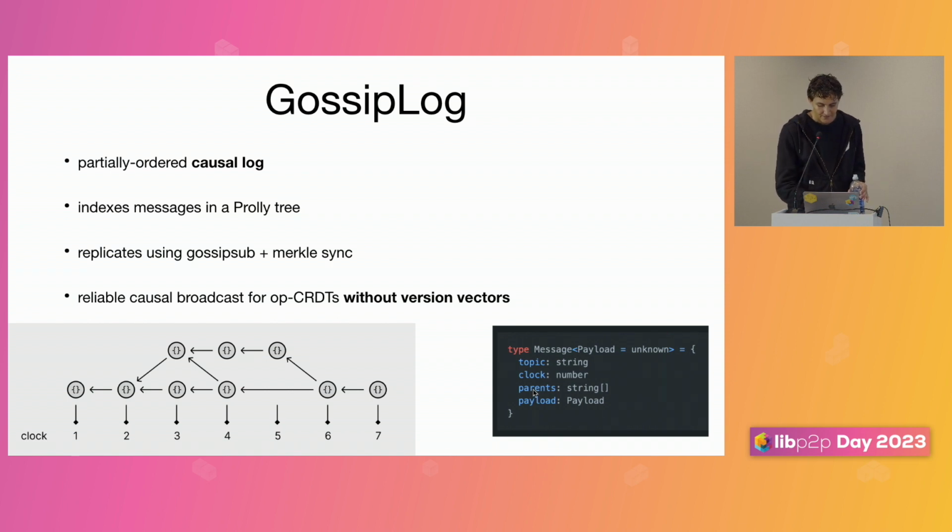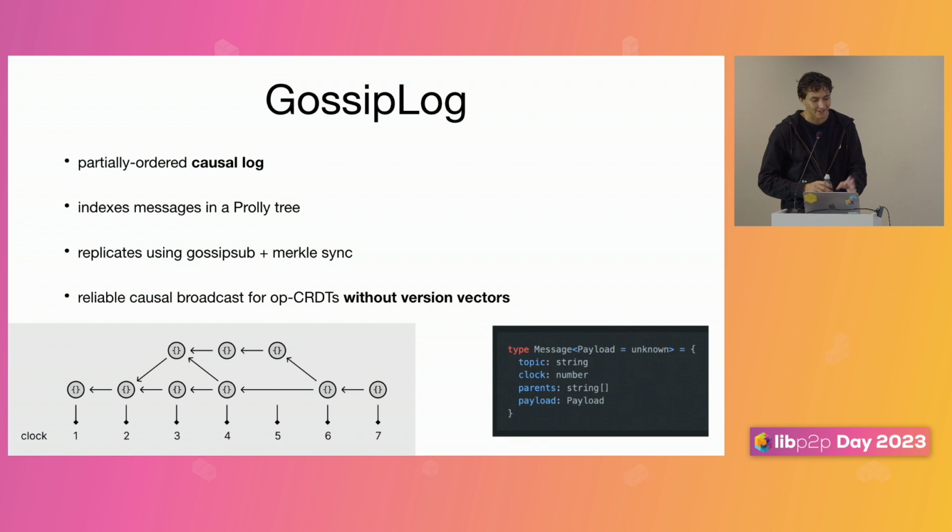Given this structure, we can arrange these messages on a logical clock timeline like this. So the clock value, this logical clock value, is uniquely derived from the graph structure implied by these parent dependencies, right? So the very first message is clock 1. Every subsequent message has an array of parents, and its clock is one more than the max clock of any of its parents, if that makes sense. That's hard to say in words, but you can kind of visualize it there.